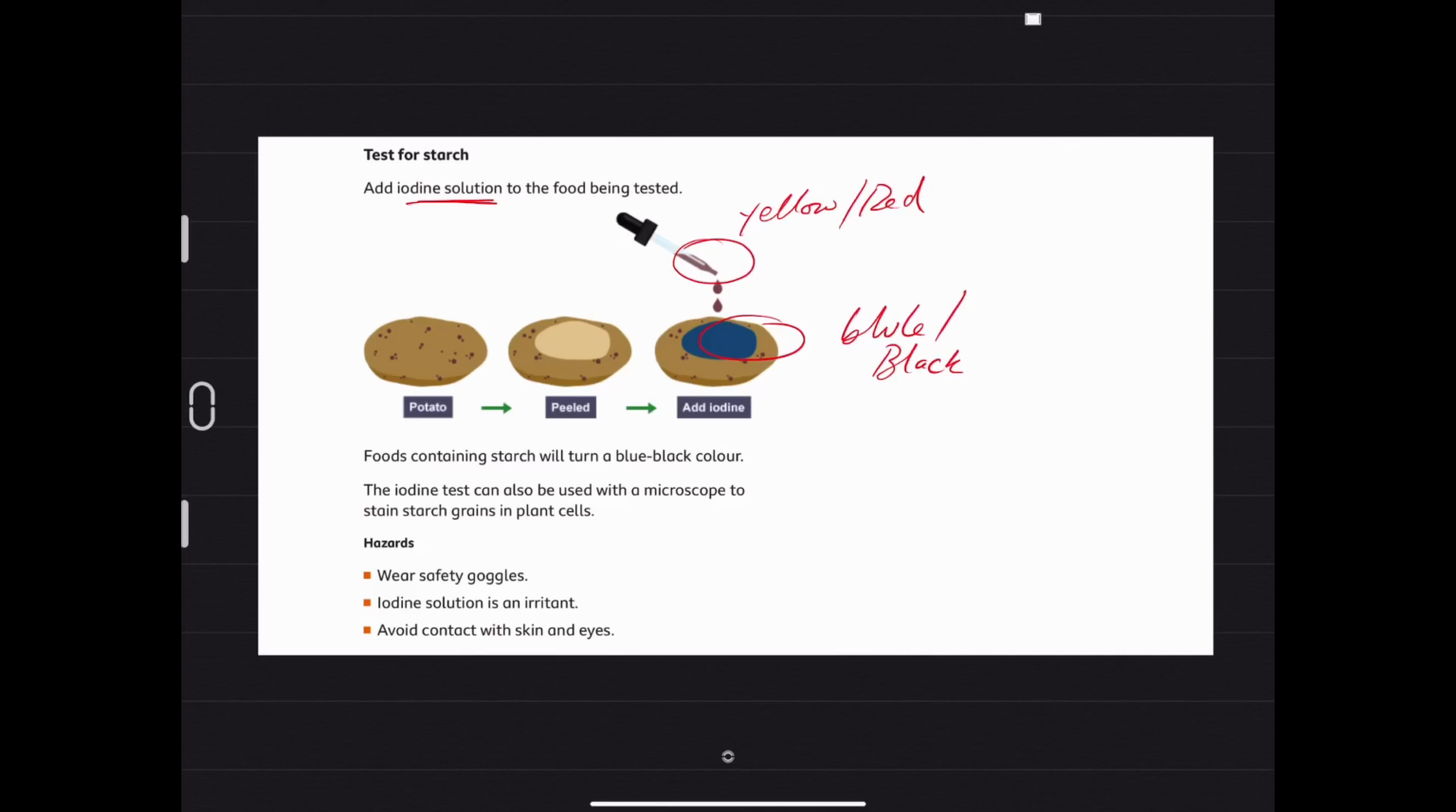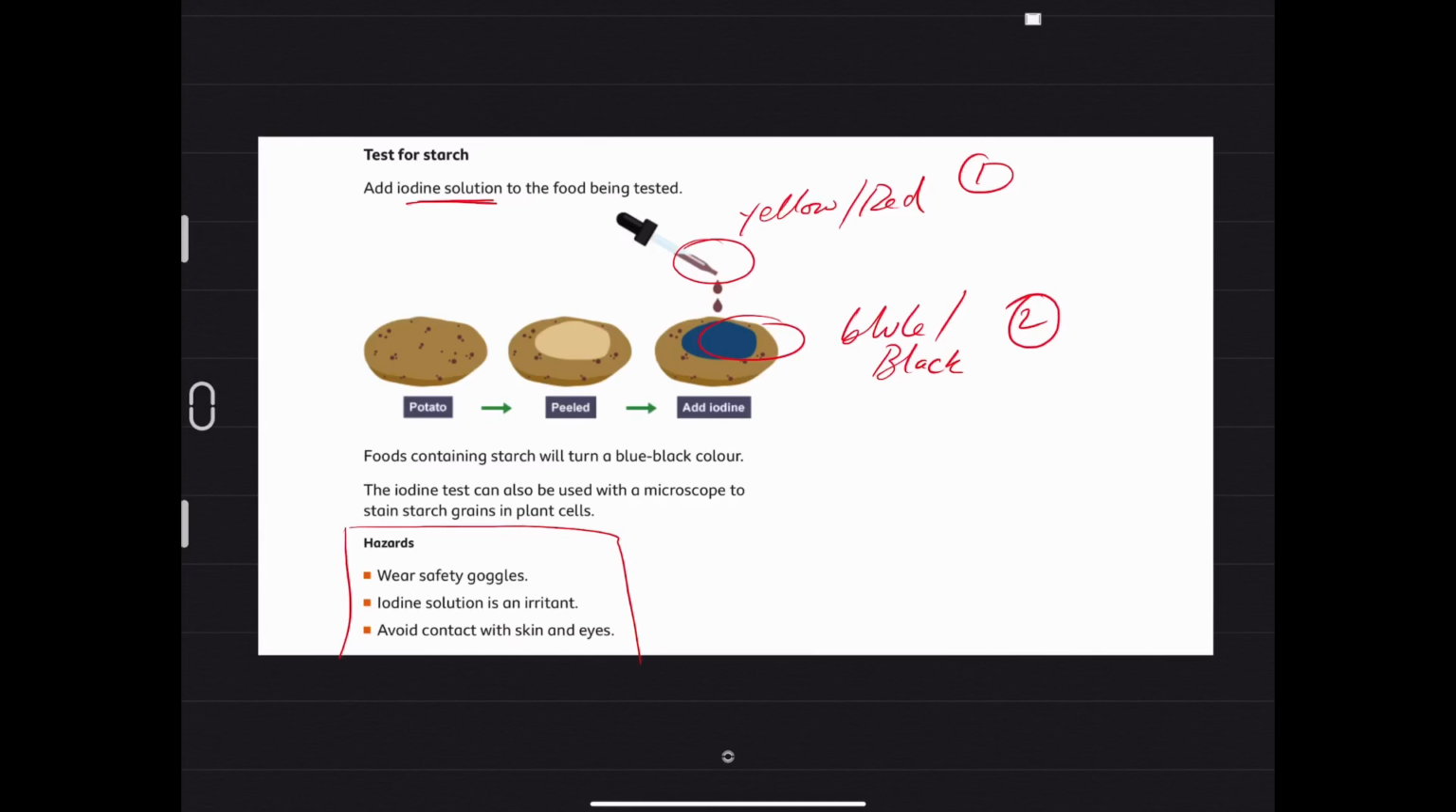Okay, so these are things that you need to remember in terms of the observations for this particular test. Now what's also important here is the hazards, because you do get exam questions that will ask you to state at least 2 safety precautions that need to be considered when carrying out this particular test. So wearing safety goggles, okay, and knowing that iodine solution is an irritant,